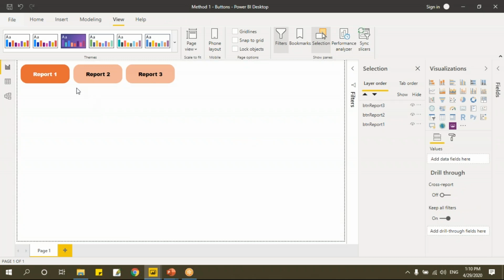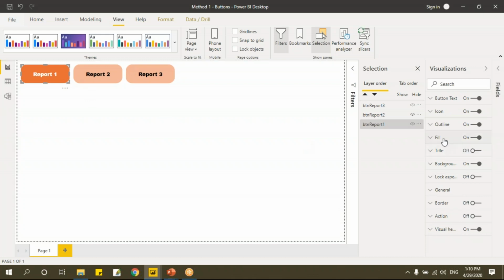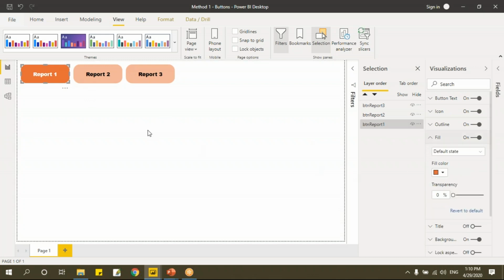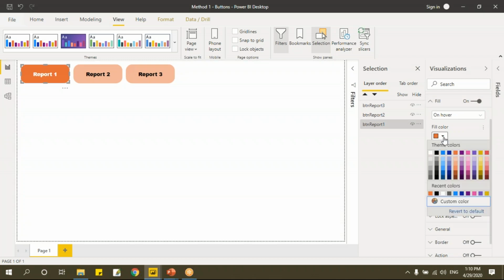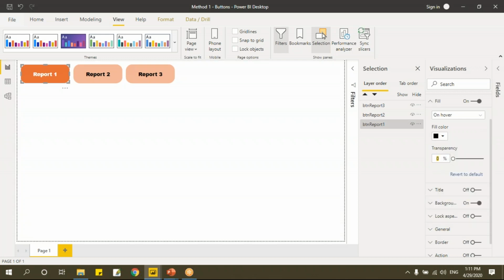Next, what we'll do is we'll select this and we'll go to this fill. When I hover, means when I just move my cursor on any of these buttons, the color of this has to change or the font size has to change. So we can do that as well. Let's go here. I'll go to this fill. I'll say hover. You just select here and say hover, and here it will give me some color. So I'll go here. Let me change this color.